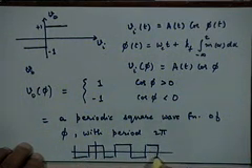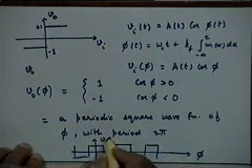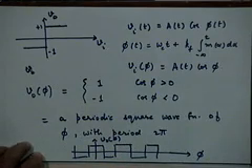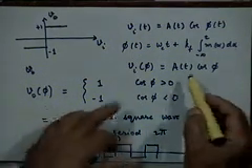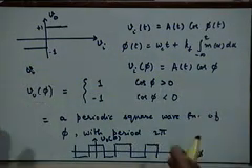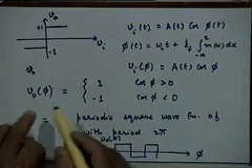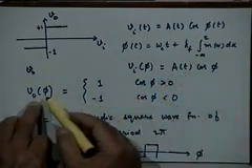Mind you, I am not plotting this as a function of time, I am plotting V naught as a function of phi. We are not caring how phi depends on time, that is a separate issue. As far as phi is concerned, it is a constant, we do not even have to worry about it. All we are saying is, we are not worrying about what is A of t, we are worrying about what is V naught of phi.